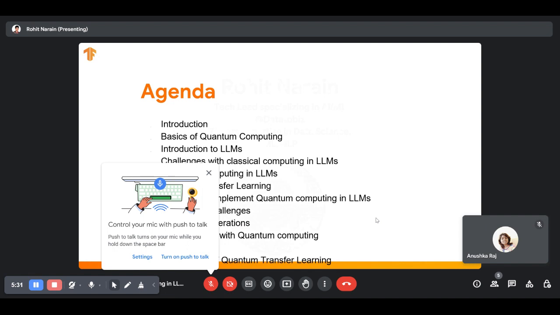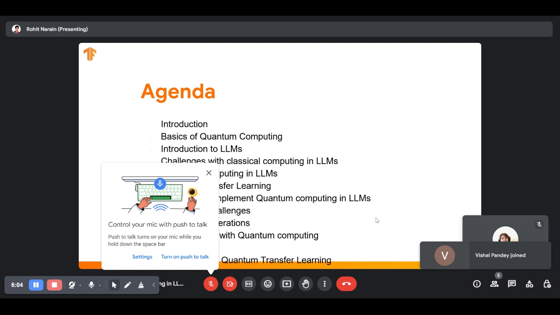In today's session, we will briefly talk about the basics of quantum computing as well as LLMs, and then we will discuss the challenges in LLMs with classical computing and how we can use quantum computing in LLMs. After that, our main agenda will be to address some implementation challenges and ethical considerations, along with the future trends that you will see with quantum computing, and I will also show you a